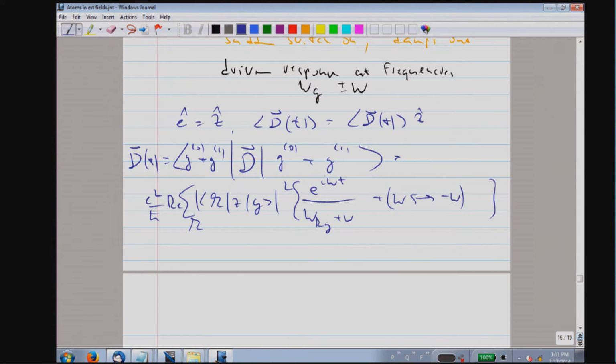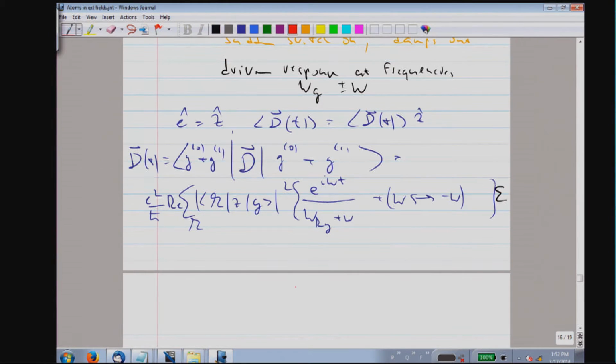And, most importantly, everything is driven by the electric field. We can now, just to write the result in an easier way, use this result with omega minus omega and the real part,